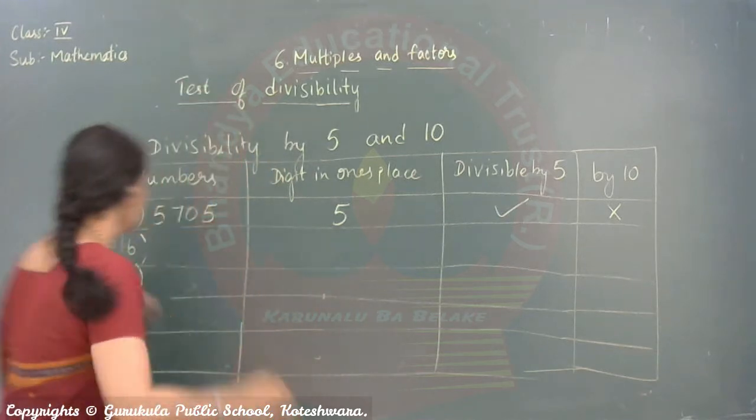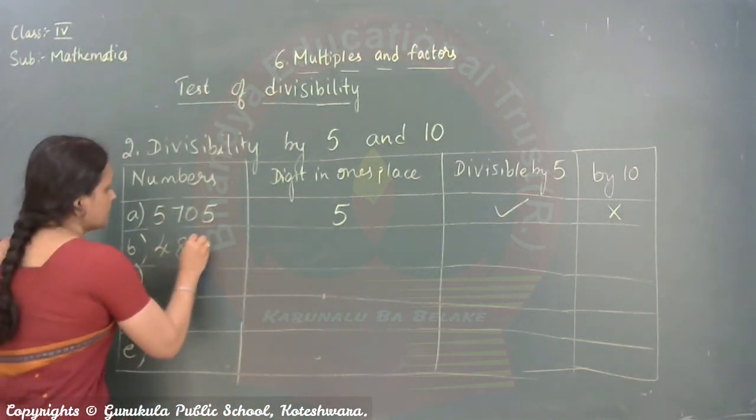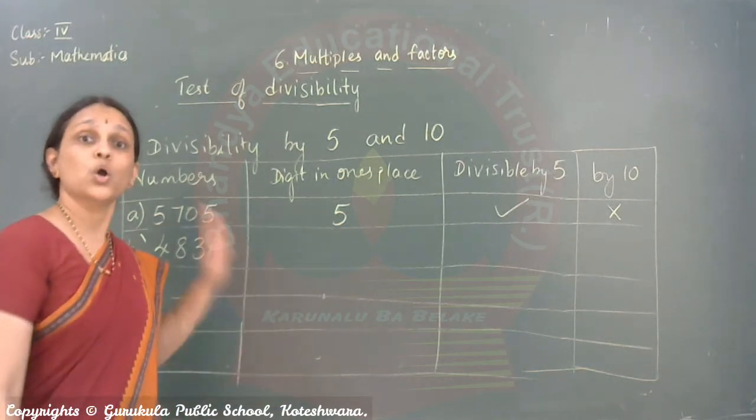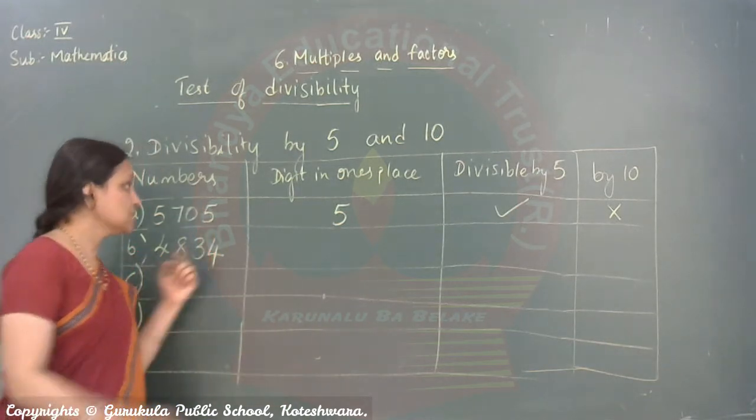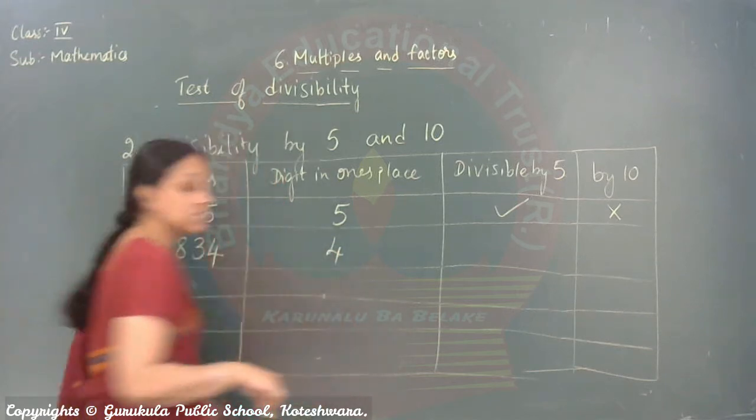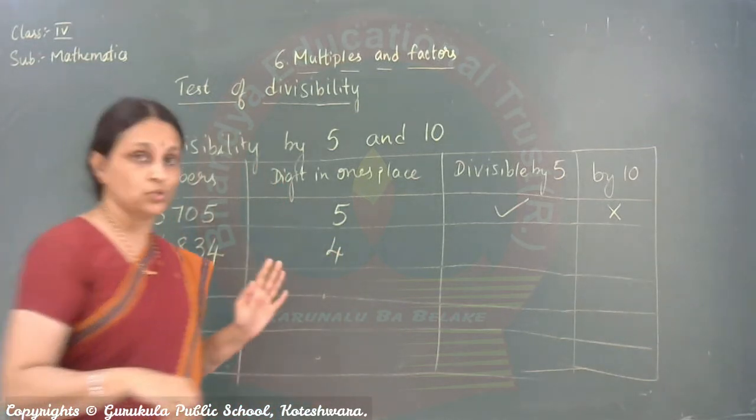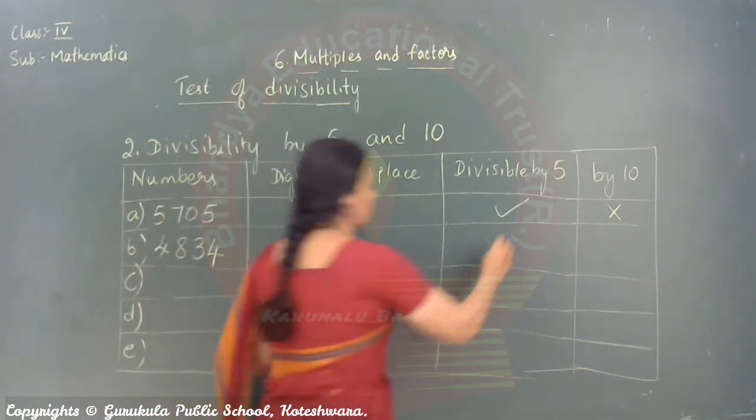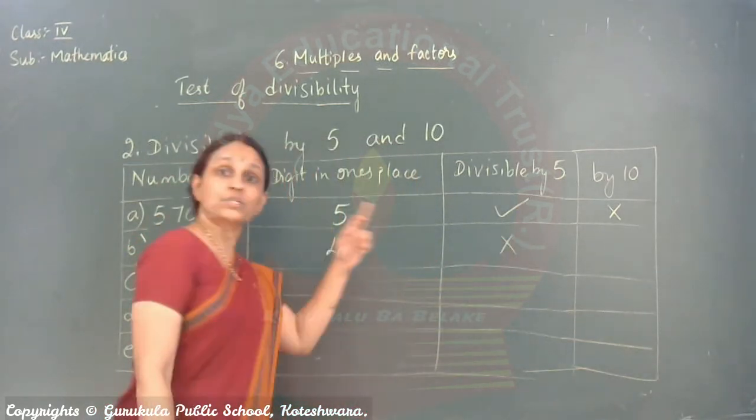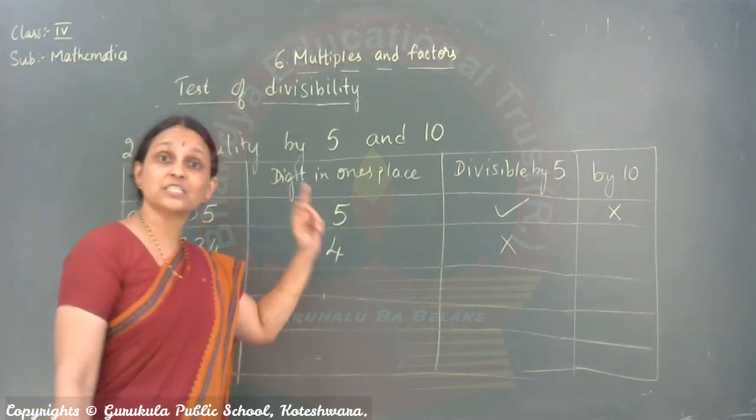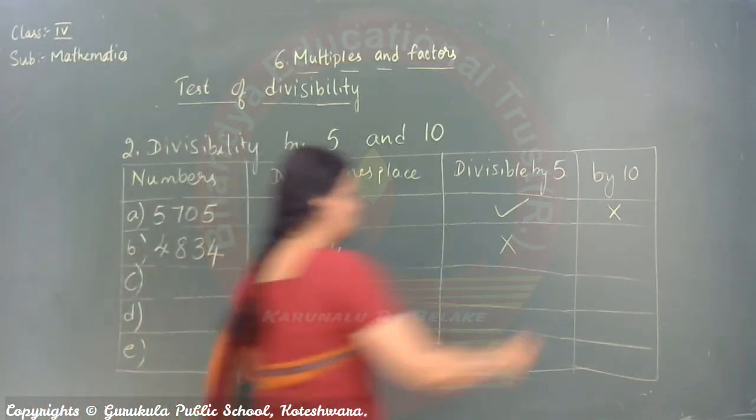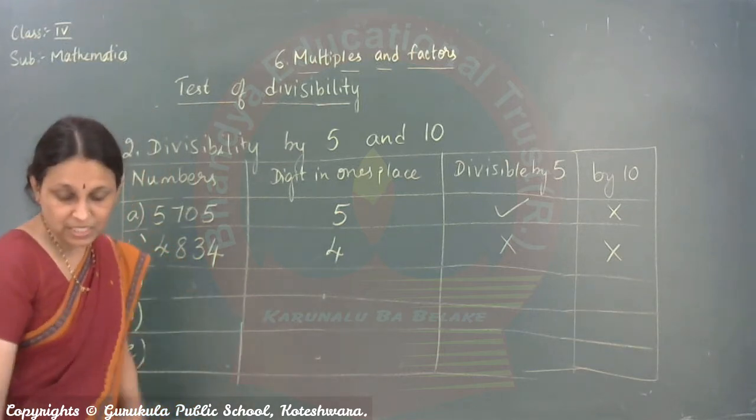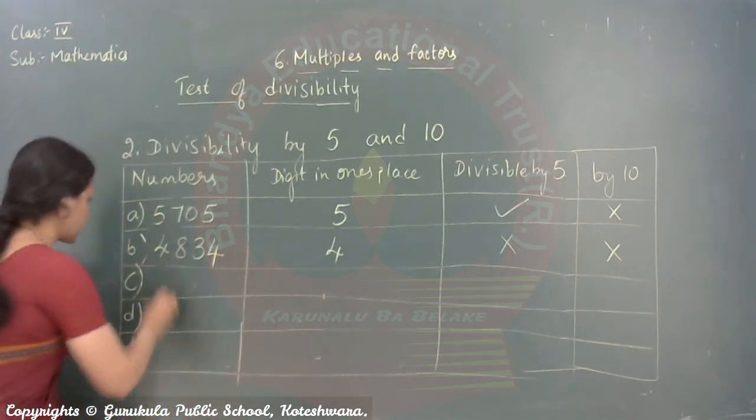Next, 4834. So ones place 4. Is it divisible by 5? No, because last number is 4. We want 0 or 5. So, no. For 10, divisible by 10, last number should be 0 but 4. So, not there. Then, next number is